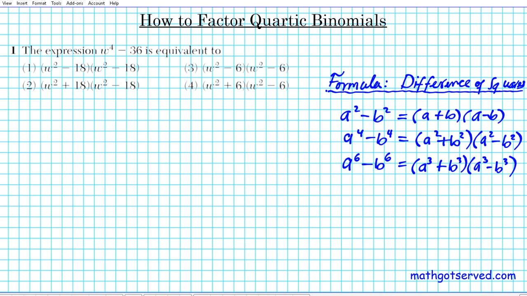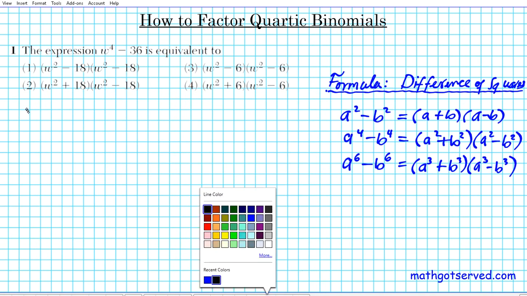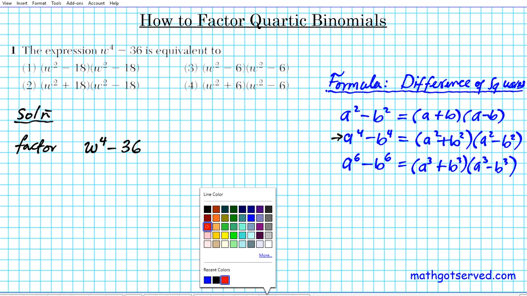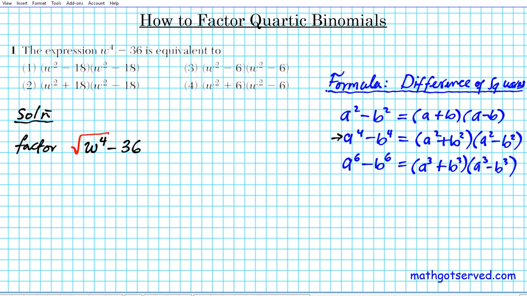Alrighty, now let's go ahead and attack the problem, having written down the formulas that will guide our problem solving process. What we're trying to do here is factor w to the fourth minus 36. Now take a look at these three formulas right here. Which one do you think is applicable to this particular problem? It's the middle one, right? Because that's the situation where the first term is raised to the fourth power. Now we're going to apply the difference of squares formula. We're just going to square root the first term, square root the last term,